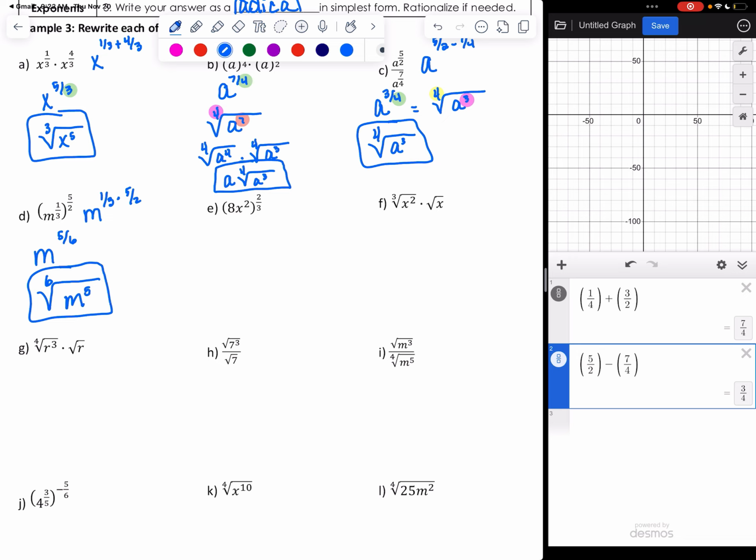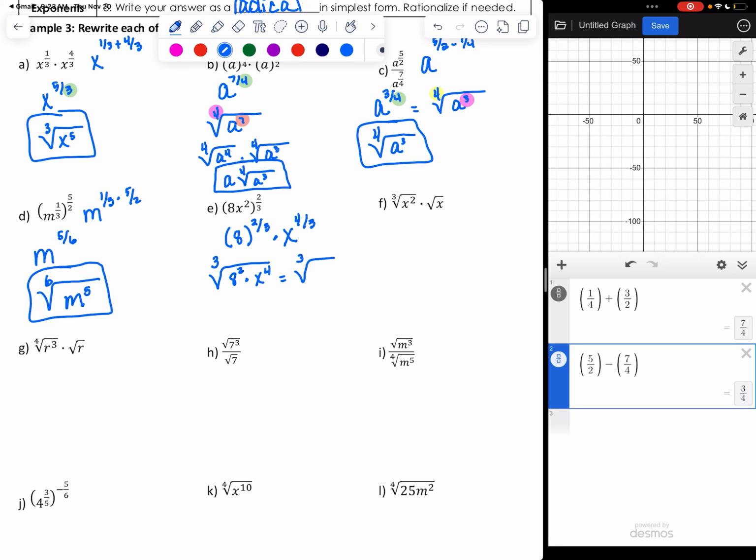All right. Problem E, we have 8x squared to the 2/3 power. So to raise a power to a power, I multiply this. So this would be 8. Well, I'll tell you what, let's break this apart. This would be 8 to the 2/3 times x to the 4/3. So this would be the same thing as the cube root, because our denominator is 3, of 8 squared times x to the 4. Okay, cube root of 8 squared times x to the 4,